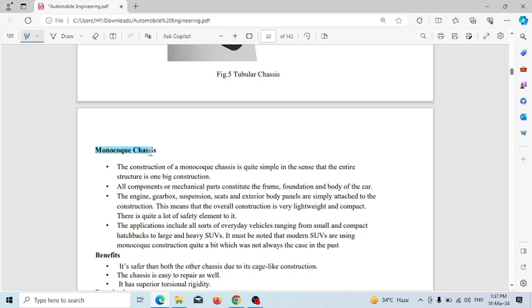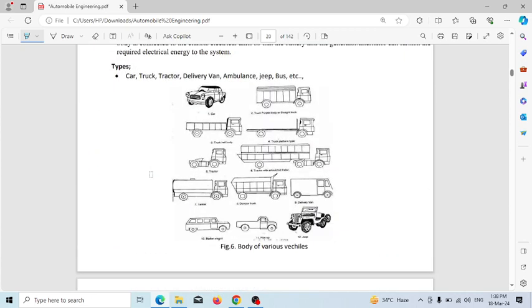Next, monocoque chassis. Third type: the construction of monocoque chassis is quite simple in the sense that the entire structure is one big construction. All the components and mechanical parts constitute the frame, foundation, and body of the car. The engine, gearbox, suspension, seats, and exterior body panels are simply attached to the construction. In monocoque chassis, the examples are